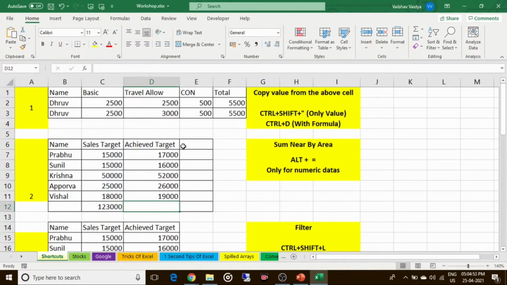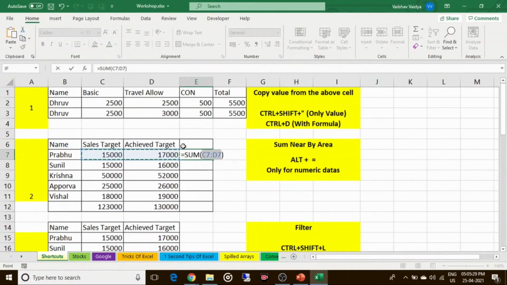So simply press Alt plus equals to, and Excel will know, it will look around to see where it has to capture the data from, and Excel will analyze and take the sum. So usually what we were doing initially, we used to go to equals to, write sum and then select the range. No need to do that, friends. Simply press Alt plus equals to and press enter. That's it. No work. And it's going to work horizontally and vertically, both ways. So it makes our work easier.